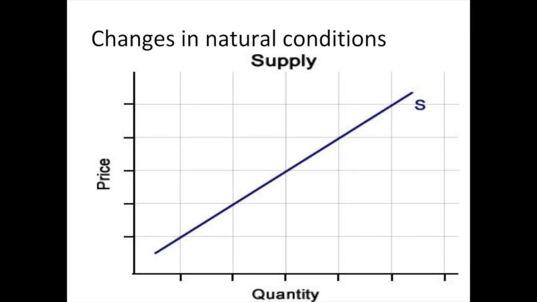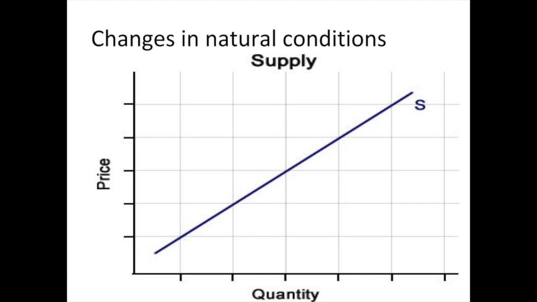Mother Nature can also influence the law of supply. If I were a producer of orange juice, and there was a longer growing season in Florida for oranges, I would have longer access to oranges. As a result of this, I could produce more orange juice. This would shift the supply curve to the right for orange juice. We're not talking about oranges, we're talking about the final product of orange juice.